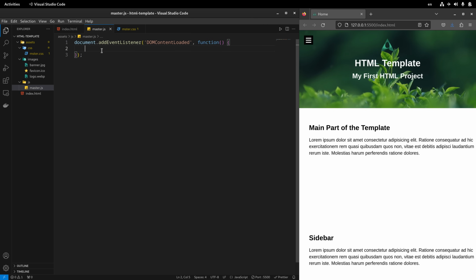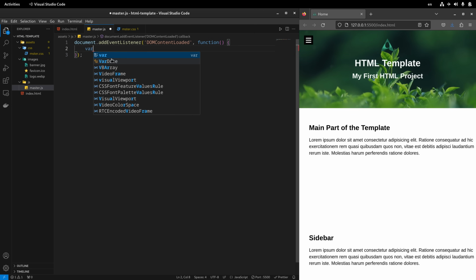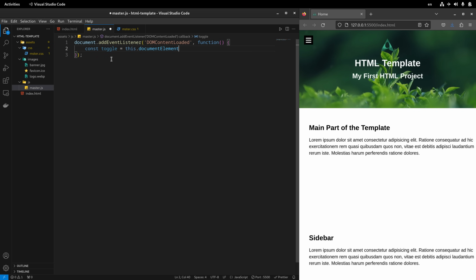But since the elements are not supposed to be changed, instead of variables created by var or let, let's create constants, created by const, and name the first toggle that is equal to document,